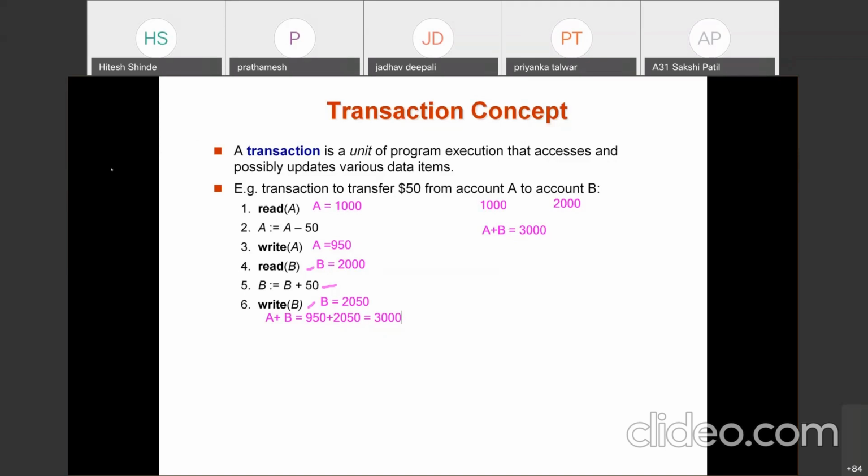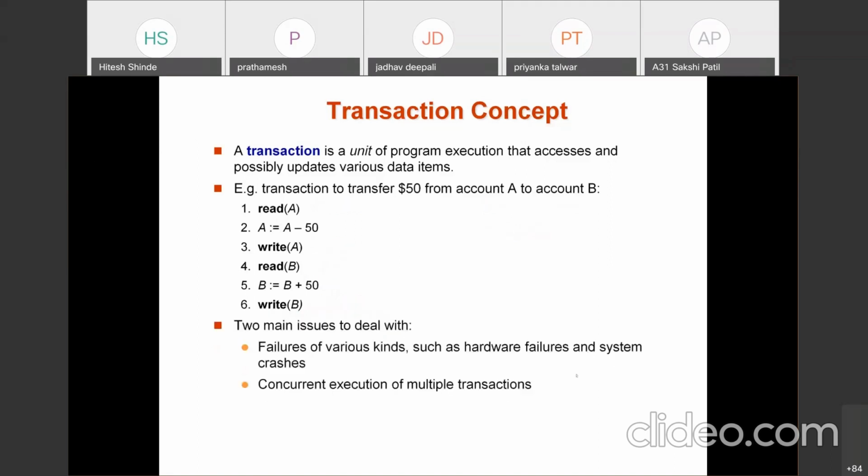when we study the concept of transaction, there are two main issues that deal with it. One is the possible failure of a transaction and how to recover from it. We are going to see it in the last unit, unit number 6. The other is concurrent execution of multiple transactions, which we are going to study in the second part of unit number 5.